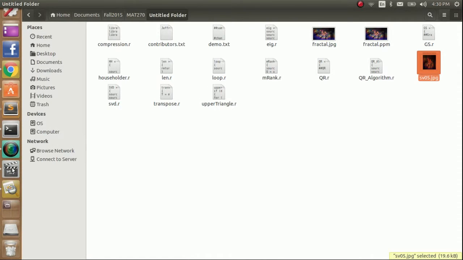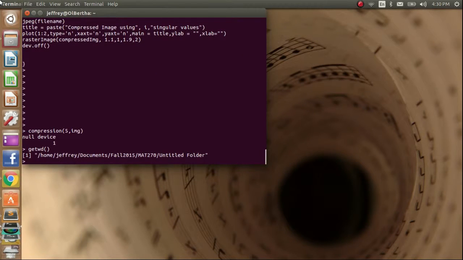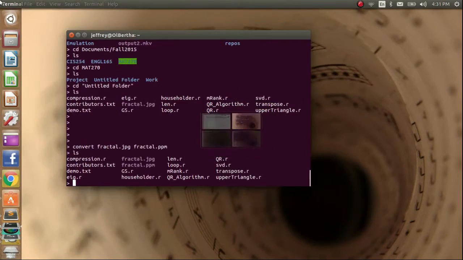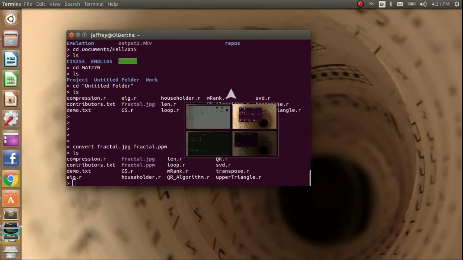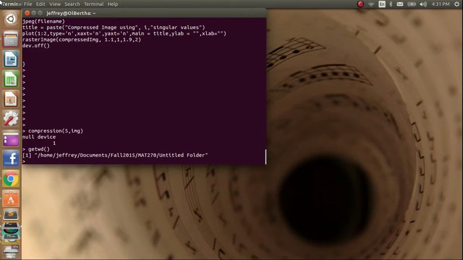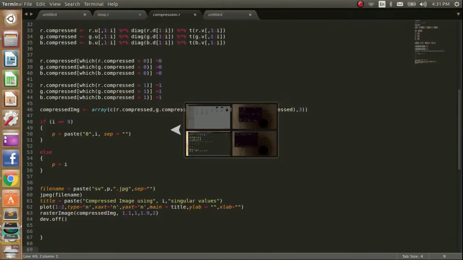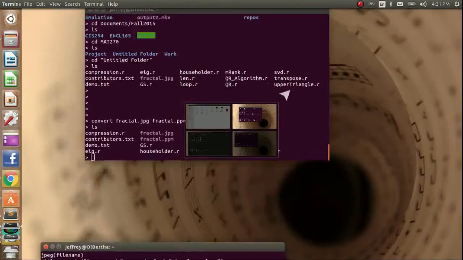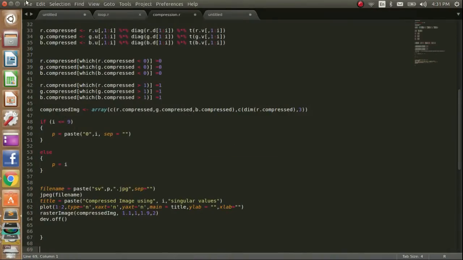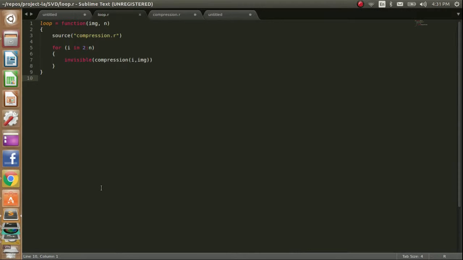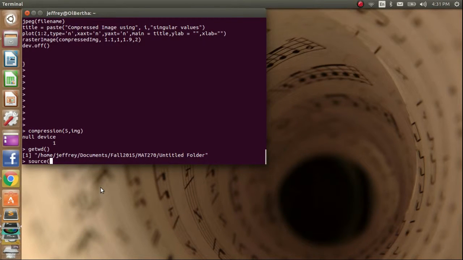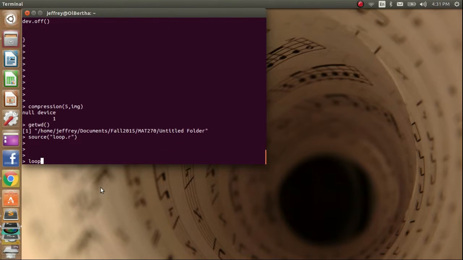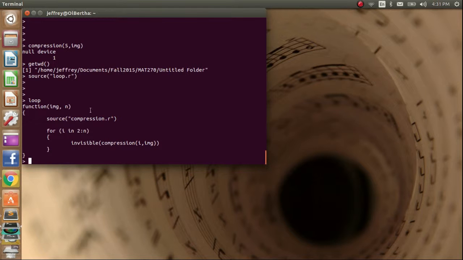However, it's maybe not that exciting. I mean, I think it is, but maybe we're interested in seeing how the picture changes with different values for the singular value. So that's where my looper function comes in, which is right here. So let's source this. Source loop.r. And so now I should be able to use my loop function, which you'll see just takes 2 arguments,